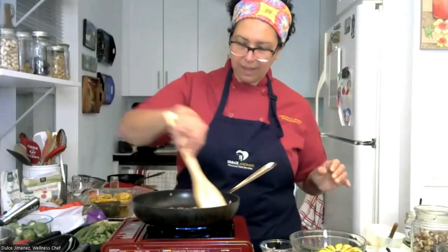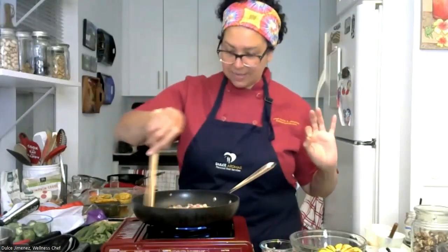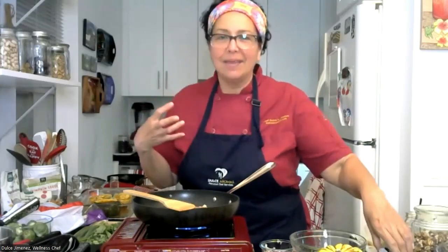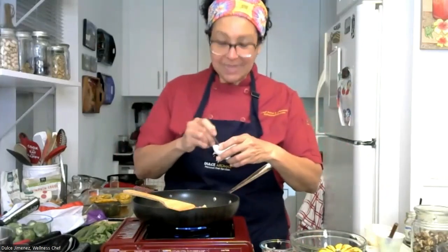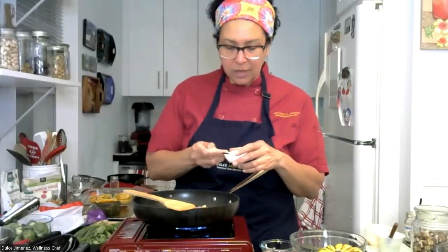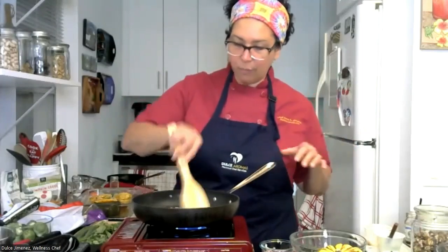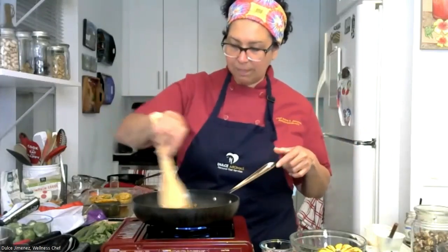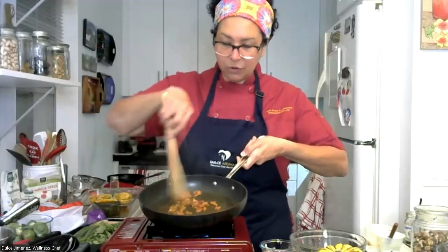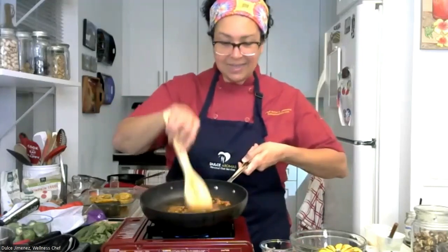When you're cooking the aromatics, that's the time to bloom your spices. So what does blooming mean? Blooming is when I awaken them to taste better. Usually this is done with oil, but when you're cooking without oil, you do it right here. I'm adding some turmeric, more paprika, and a little bit of chili powder, garlic powder. I'm blooming my spices. The spices are usually added at the beginning of cooking, and herbs are added at the end. However,